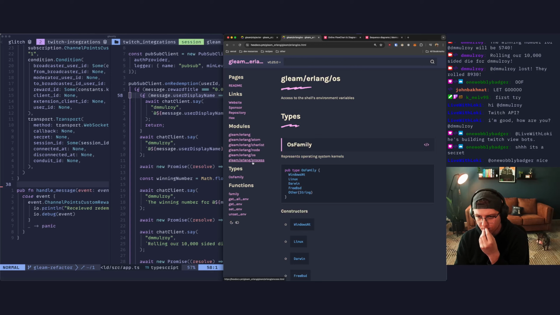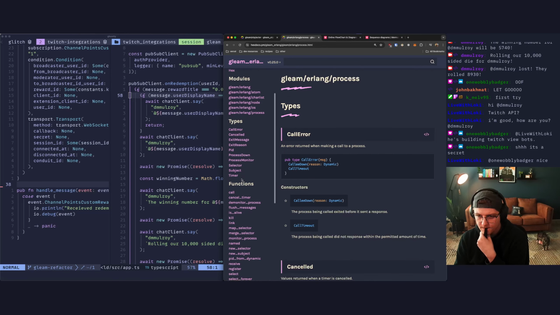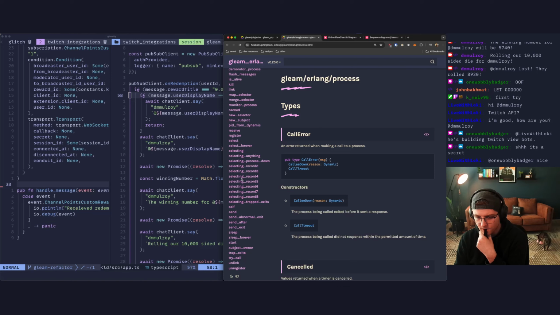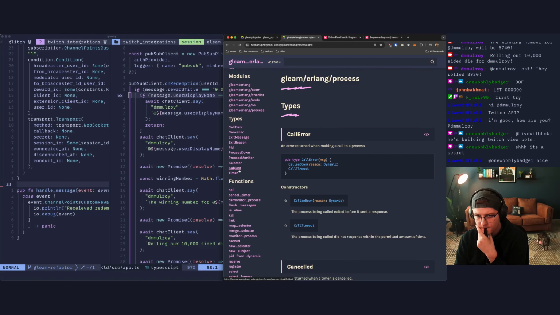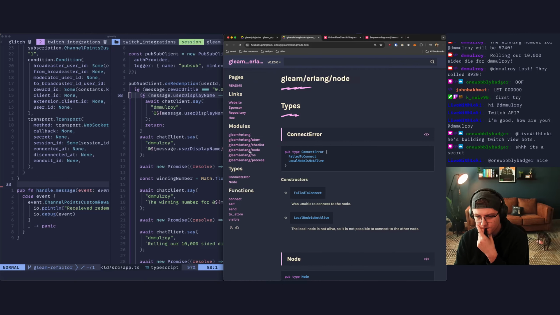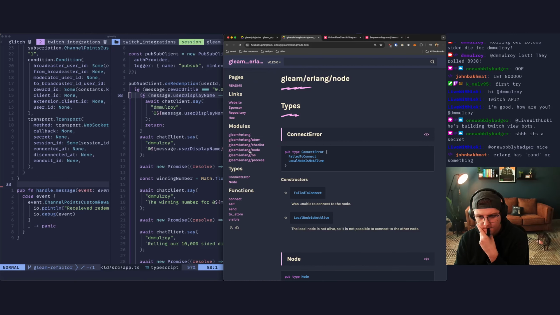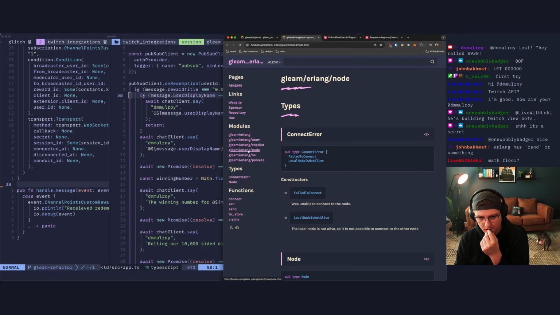OS, nope. Process, nope. We're not writing, this isn't going to be in TypeScript, Loki. This is in Gleam.